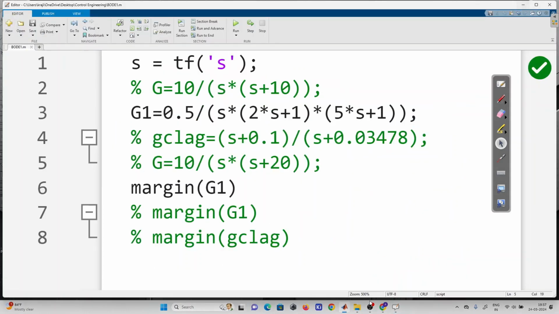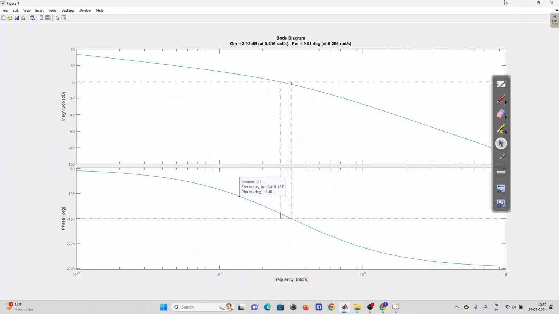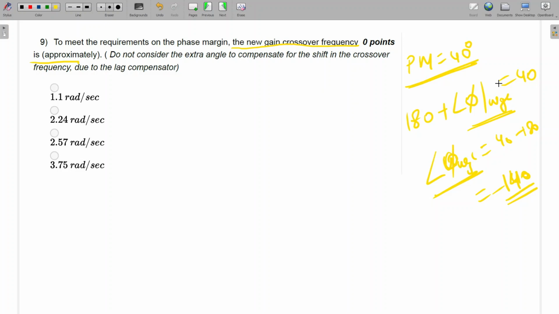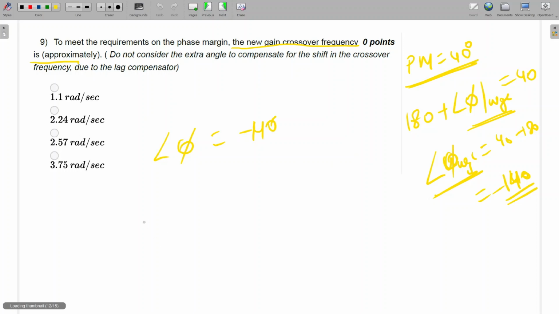The same thing we can calculate by mathematical calculation also. We got the value 0.137. So we can calculate this one. What should be the angle? Phi should be equal to minus 140 degree. Our transfer function is 0.5 by s(2s plus 1)(5s plus 1). So the angle will be minus 90 minus tan inverse 2 omega